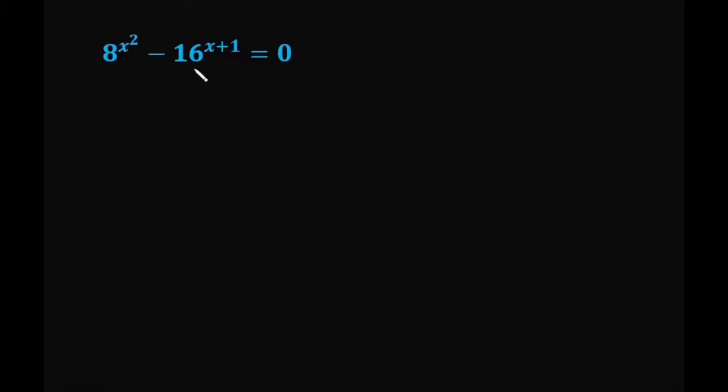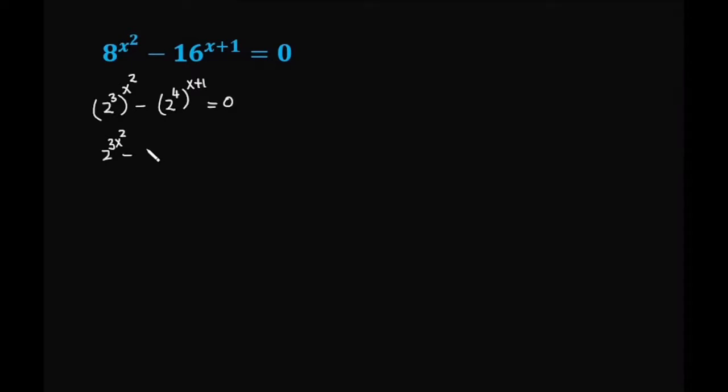to the power 4. So this equation can be further written as 2 raised to the power 3, raised to the power x, raised to the power 2, minus 2 raised to the power 4, raised to the power x plus 1, is equal to 0. So I'm going to combine the powers now. This is further equal to 2 raised to the power 3x square